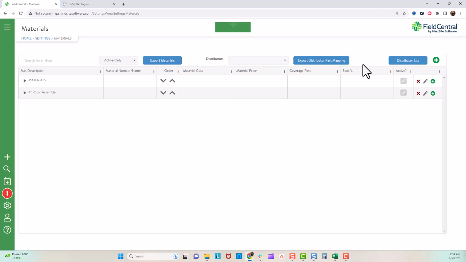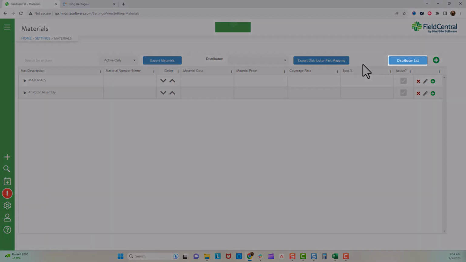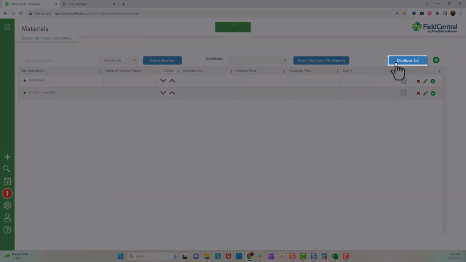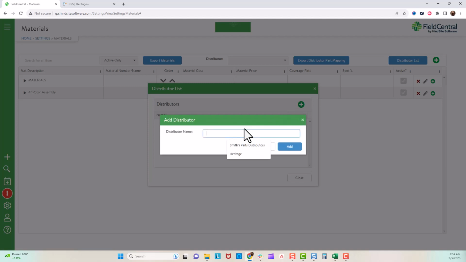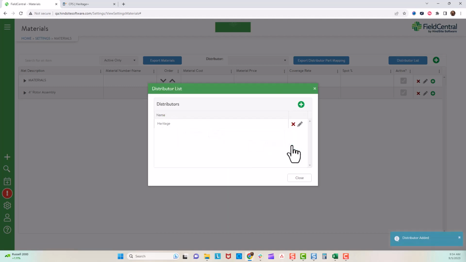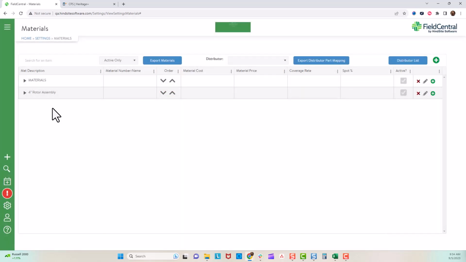Let's begin with first adding a distributor and manually mapping them to a material. Click Distributor List and then select the green plus button. Provide the name of the distributor and then click Add. Now that you have added the distributor by name, let's continue by manually mapping a material or part with the